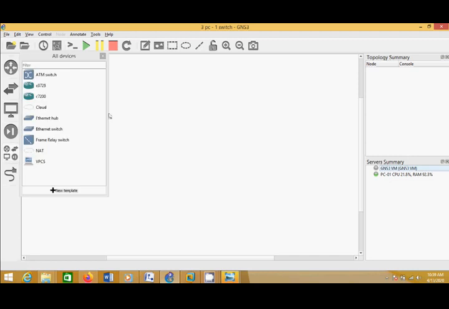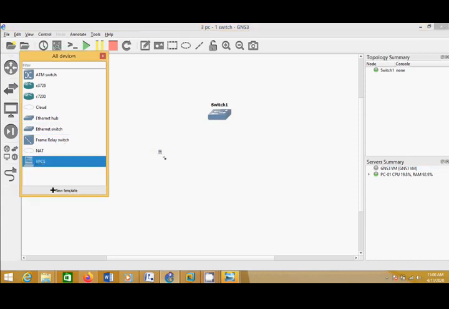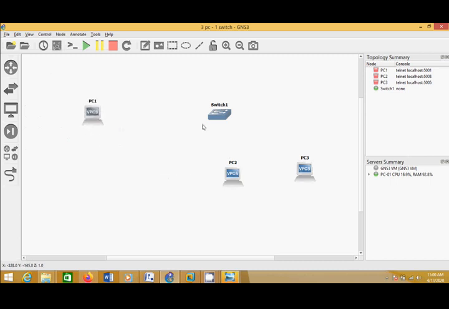Let's see the content of all the devices in here. Before, you had to add or attach a router, but by default there is an Ethernet hub or Ethernet switch. Here I choose this one, the Ethernet switch. And then this is PC1, PC2, and then PC3. Okay, close it. Then this is PC1, the switch here, PC2, and then PC3.